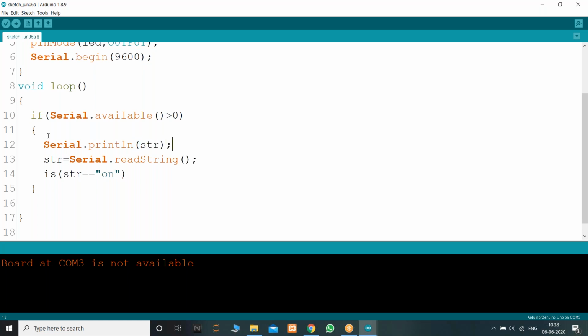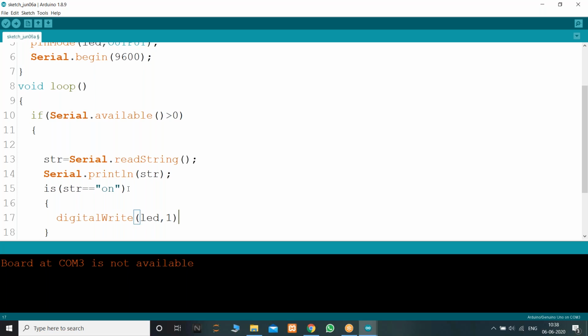You need to define it after reading. I'm just reading the value, and I just want to print that string value also. If I'm getting the string which is "on", I just want to turn on this LED: digitalWrite LED comma 1.